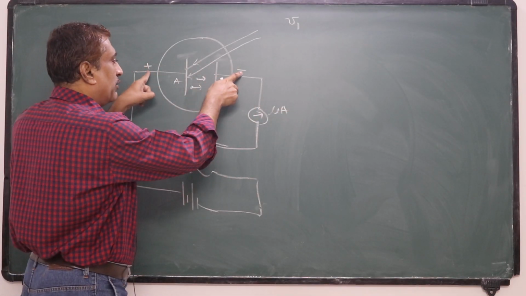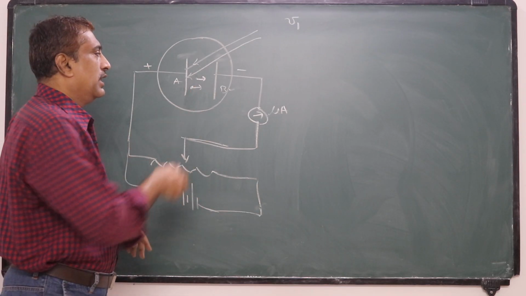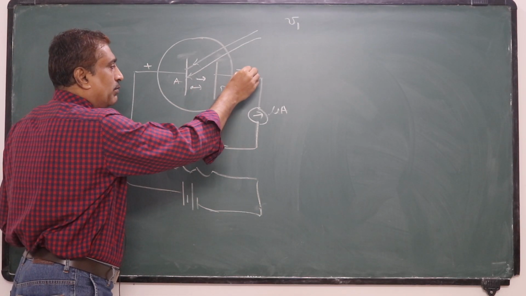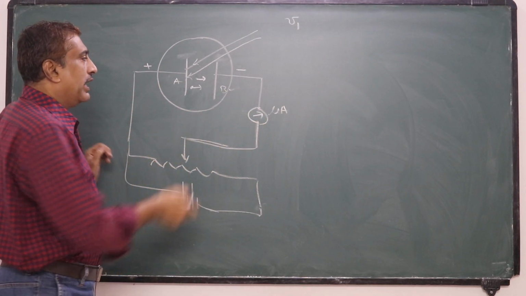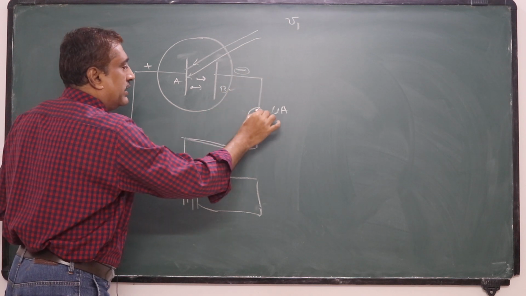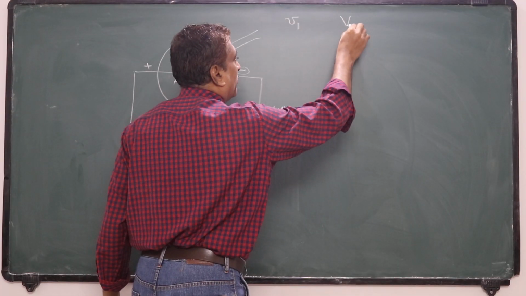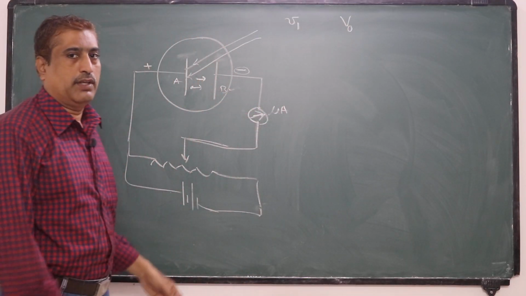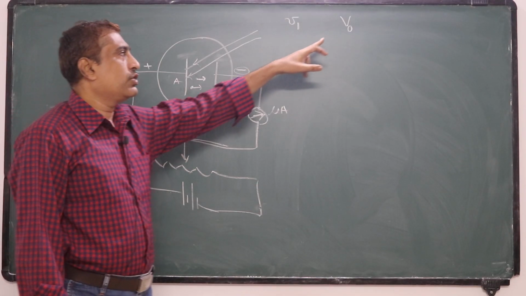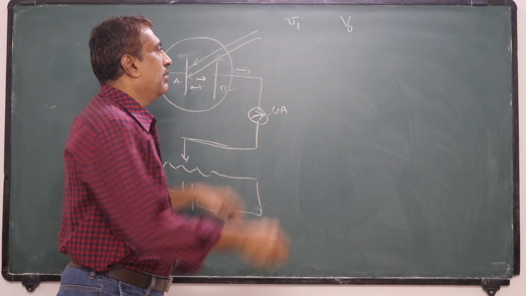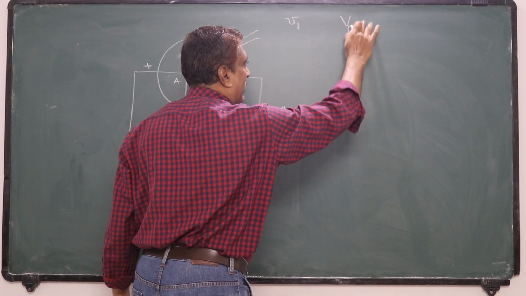Now, if we apply a negative potential, that means a retarding potential, to these photoelectrons, and slowly increase this negative potential, the reading in this ammeter gradually decreases. And at a particular voltage, this current becomes zero. Okay? When this photocurrent becomes zero, the corresponding negative potential is called the stopping potential V0. So for this particular frequency, the corresponding stopping potential is noted as V1.